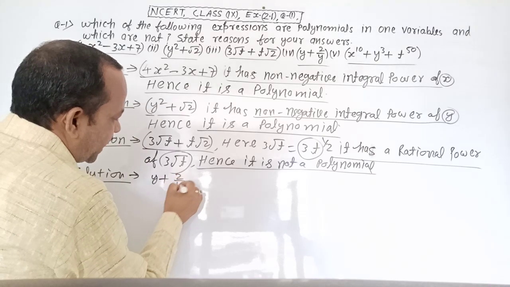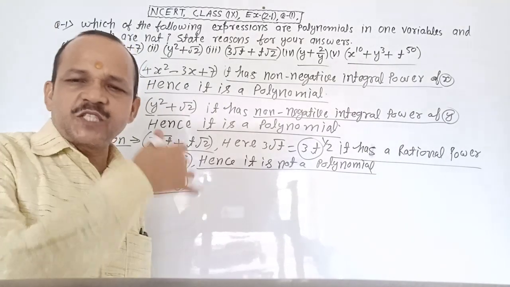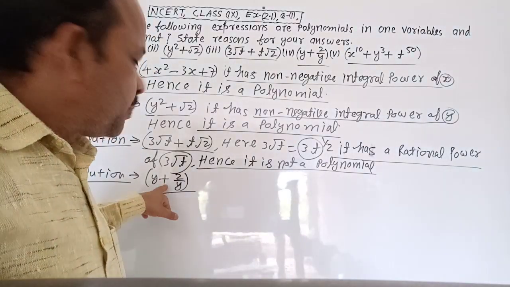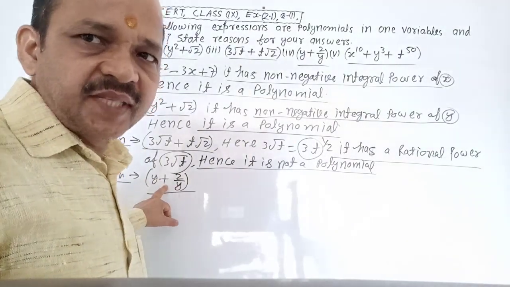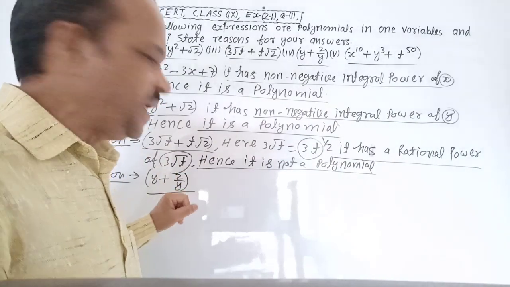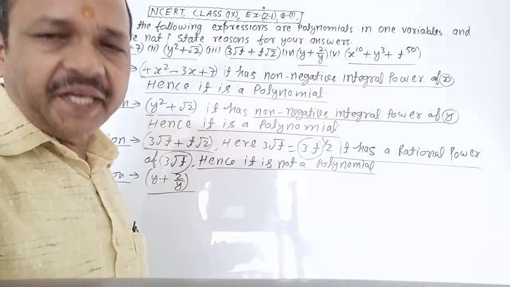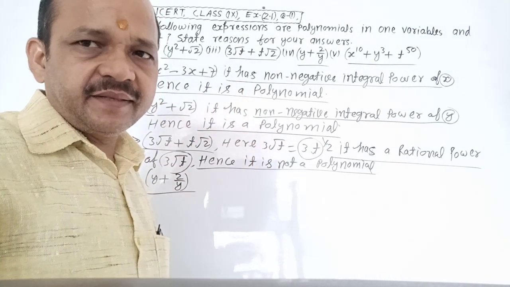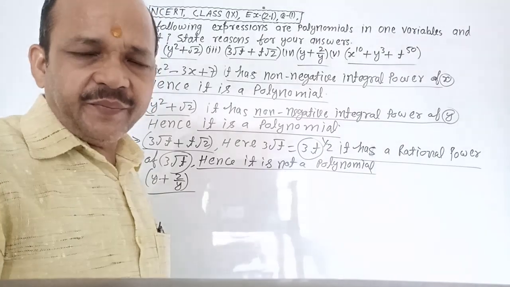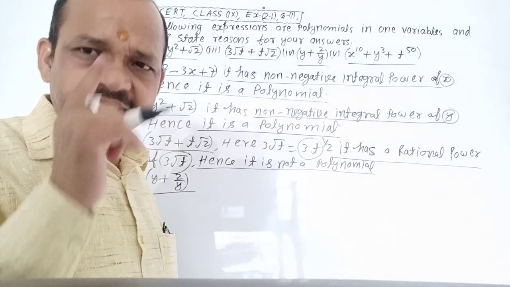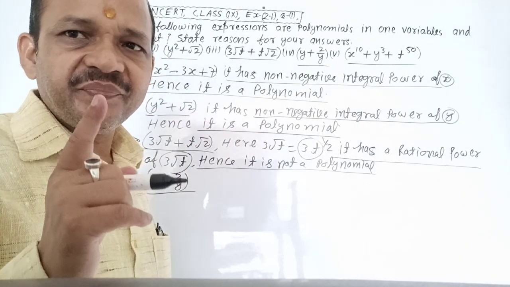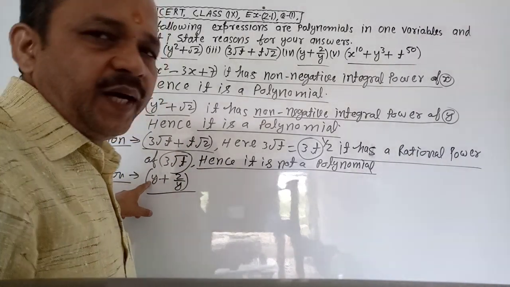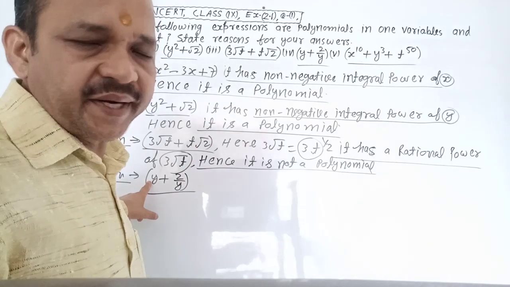y plus 2 by y is your expression. Here plus is operation, separated part by operation is first part, second part. It means it has two terms. Clear? Alphabet is only y. It means variable is 1, only y. Clear? Here number in front of y is 1, hence coefficient is 1. Clear?